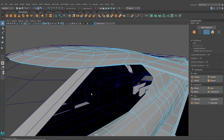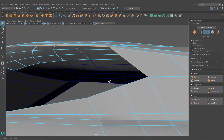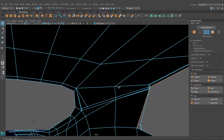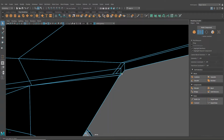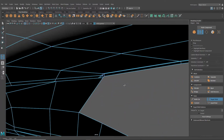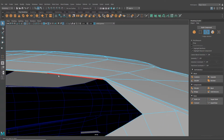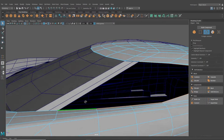Let's select kind of everything that's involved in the window here. It does look like, let's just check around here. Just going to target weld that one down. I think that might have been something that I had missed from before. So target weld that one down there. Okay, so let's grab all of these edges here. Not that one. Okay, so I'm going to take all of these, I'm going to hit